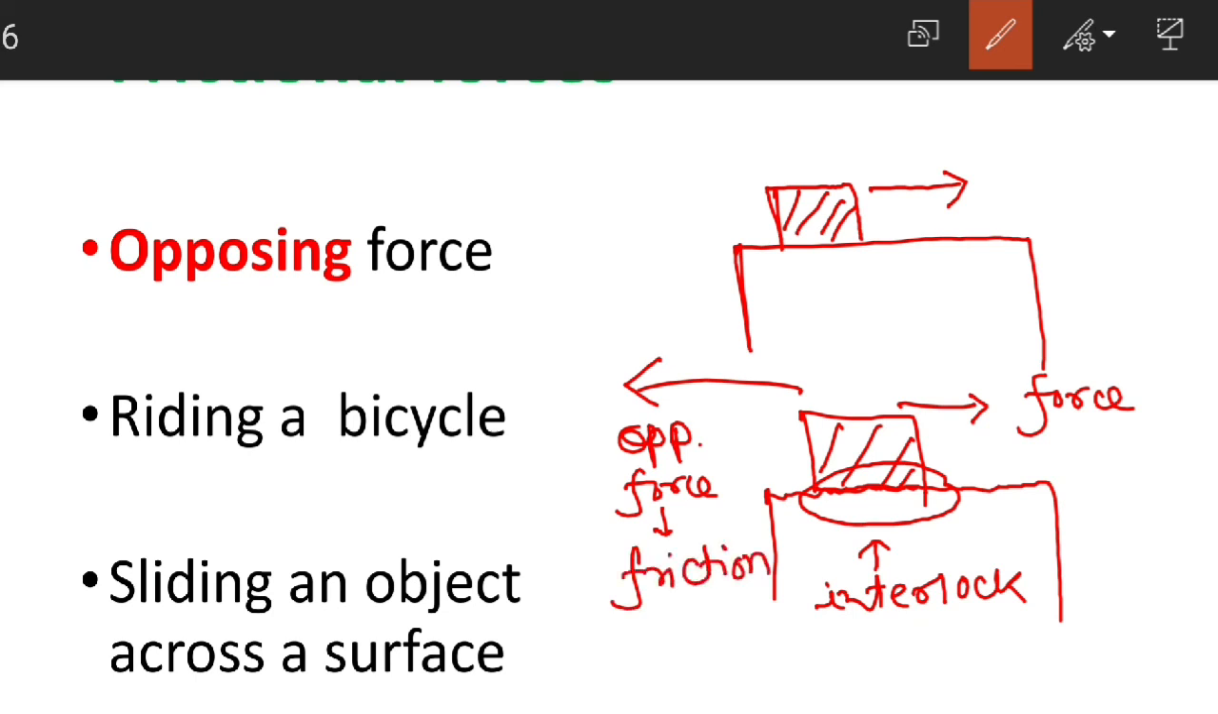All right, I hope you're clear with the concept of friction. So these are the contact forces we have discussed. In the next video we shall be discussing non-contact